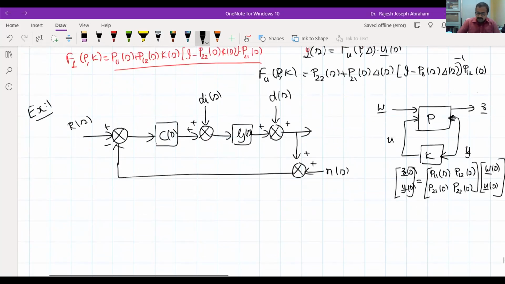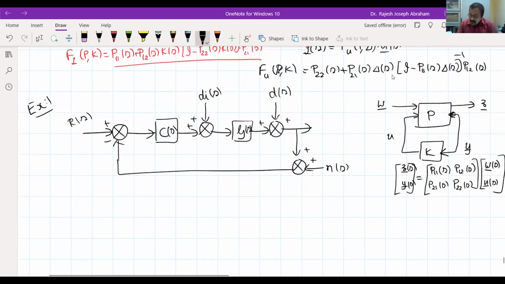So as I said before, you cut open the controller. So you see here, what is the signal Y bar here? That is the input to the controller block K. So what will be the measured output Y in this block diagram? It must be the input to the controller block. So this is my Y. Now, what is U? U must be the output from the controller block, so this signal must be U. Now you cut open the controller block.